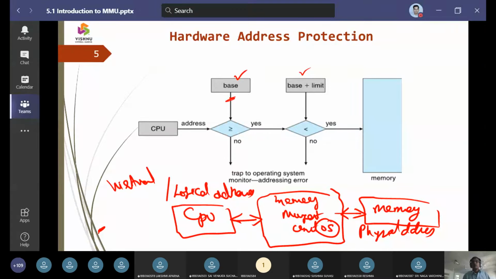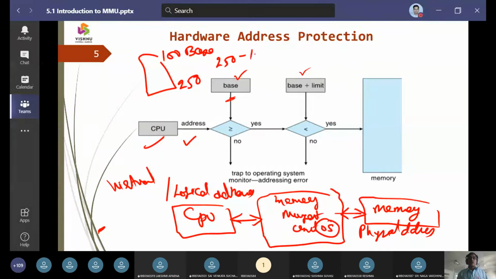So now assume that the CPU is going to generate an address, and we check whether that address is between the starting location and the ending location. So we say 100, which we call the base register, and 250. So 250 minus 100 is 150.